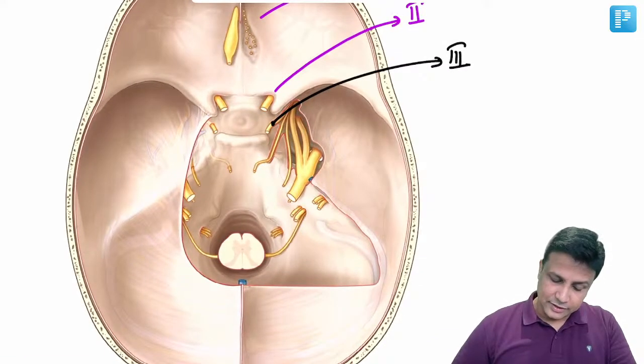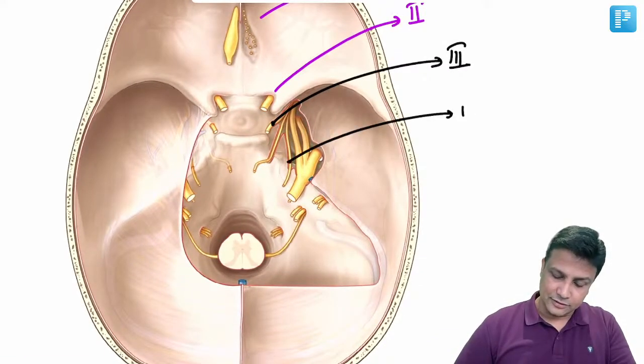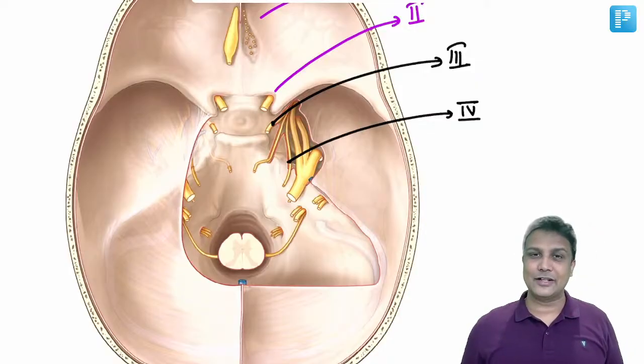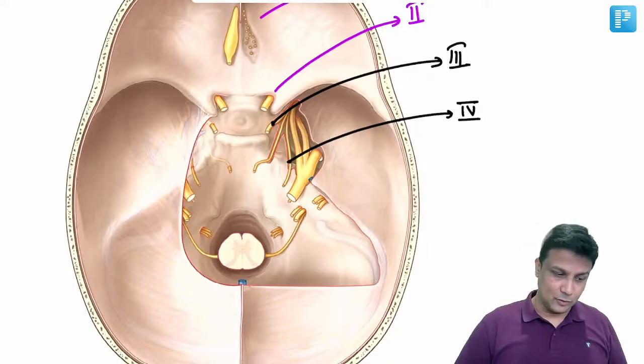And then this nerve here will actually be the fourth nerve. This is the fourth nerve, that is your trochlear nerve. Please be very careful here. That is the reason why I'm writing with a separate color. So that is your third nerve and fourth nerve. Now why is the fourth nerve here? Why? Because remember,